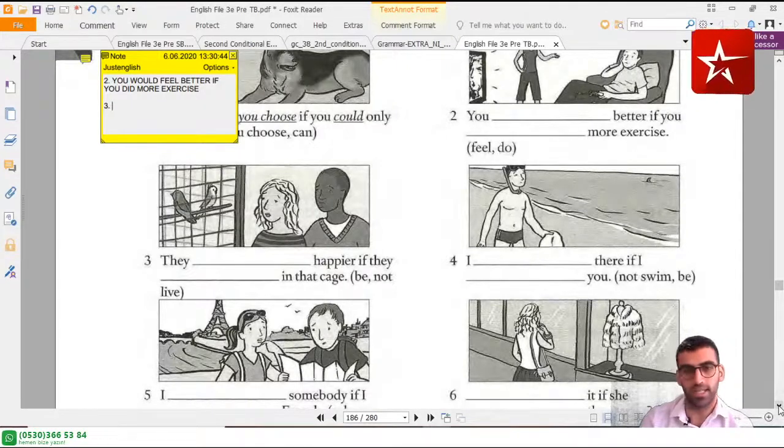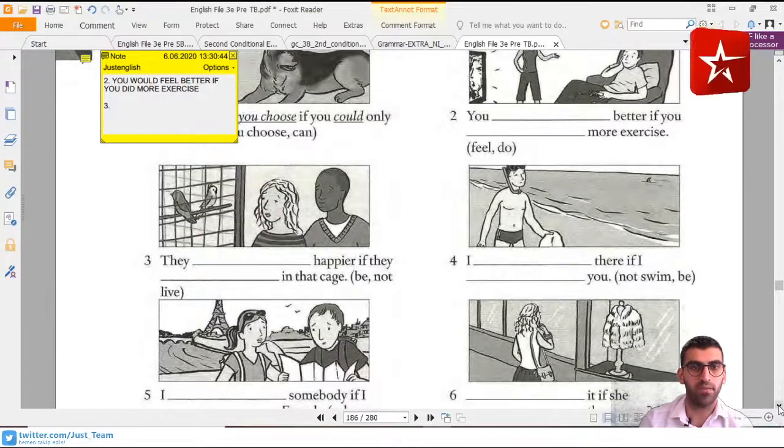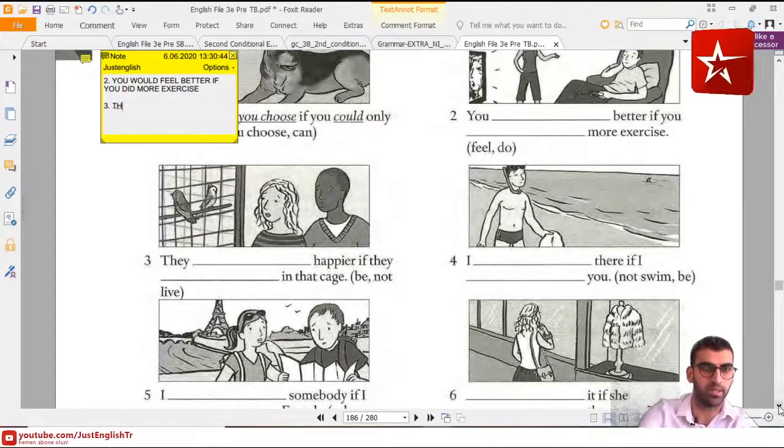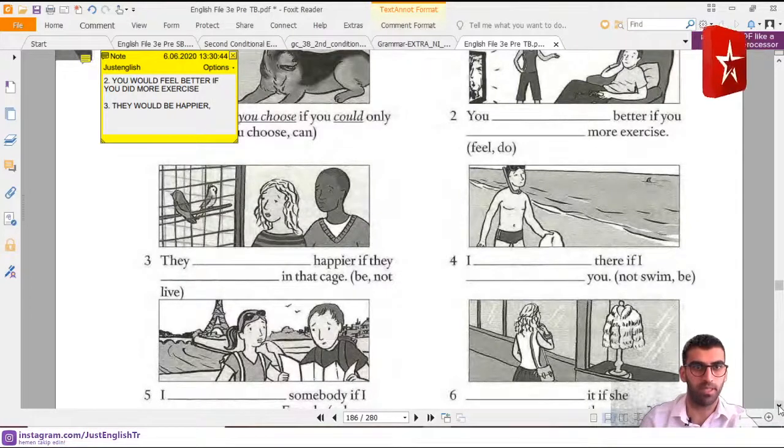Okay, and let's continue with number 3. You can see a couple in the picture, in the photo, girl and boy, and there's a cage and there are birds in the cage. So they blah blah blah happier if they blah blah blah in that cage. What does everyone say? They would be happier. Yes, they would be happier. Okay, they would be happier if they didn't live